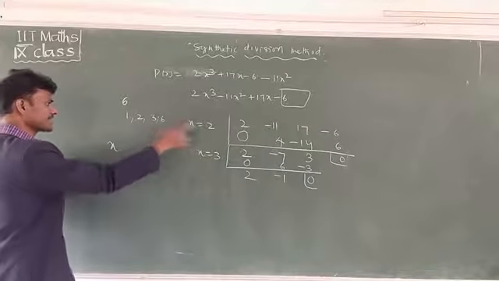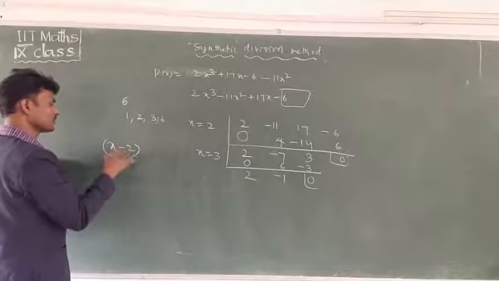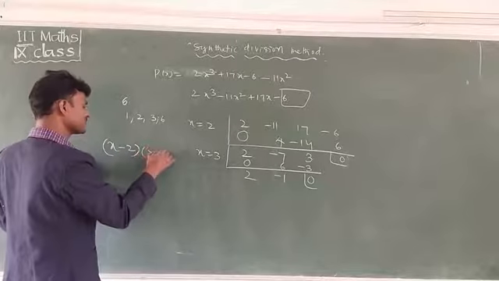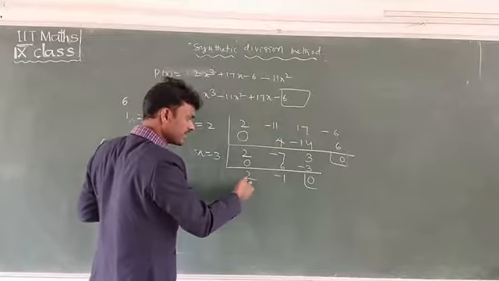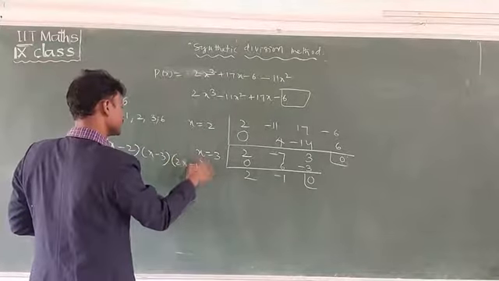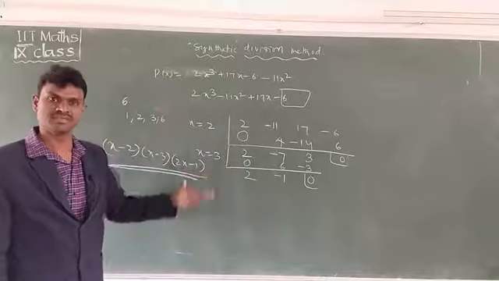Now see here, the factors you can write here: x plus 2 means this is the 2, and this side x minus 2 is equal to 0, and this is also x minus 3, 0. This is the constant. Next this is the x term. Then 2x minus 1. This is how you have to find it by the synthetic division method.